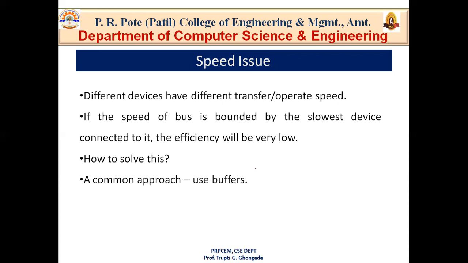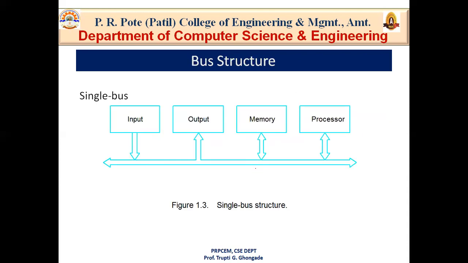The buffer holds the data temporarily. So consider the transfer of a character from the processor to a printer, or consider an example where you want to print one or two pages from your printer. The processor sends this page over the bus to the printer. For example, this is the processor and here is your printer. Now you want to print a page. The processor transfers this page to the printer by using this bus. Since the buffer is an electronic register, this transfer requires relatively little time.